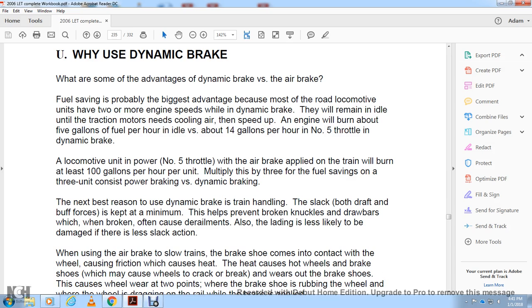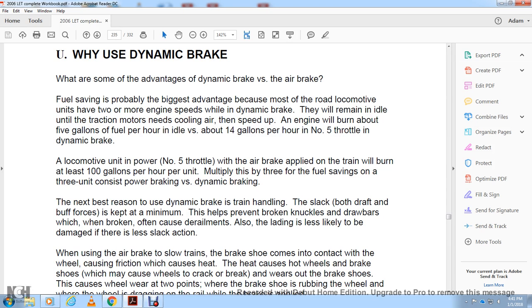A locomotive unit in number 5 throttle power with the air brake applied on the train will burn at least 100 gallons per hour per unit. Multiply this by 3 for the fuel savings on a 3-unit consist of power braking versus dynamic braking. The expected reason for dynamic braking is train handling slack, with both the draft and buff forces